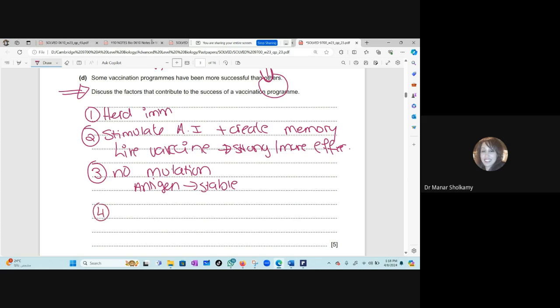Give me a fourth reason and a fifth reason. Can I ask, if there is no booster dose, is it stronger? Exactly, of course. No booster dose is needed, so it's easy. Only one dose is needed, so this will make it more successful. Another reason,